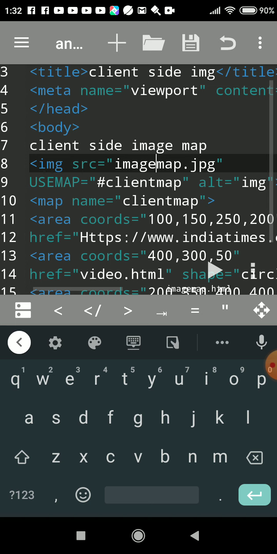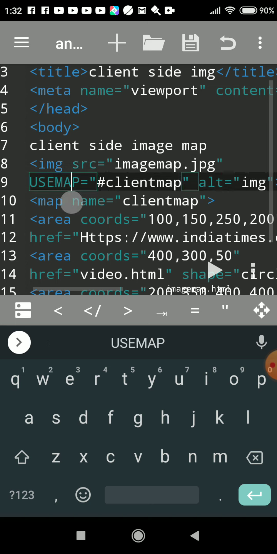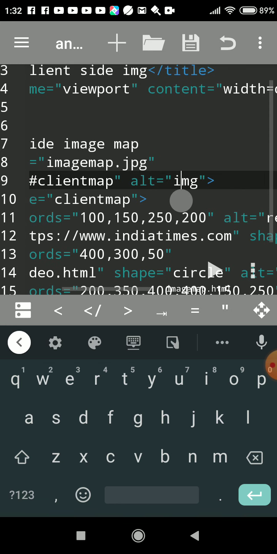To indicate that this image is an image map, you have to use the attribute usemap. By using this attribute usemap, it says that your image is a client side image map, and you have to give any name to that. You have to precede it by a hash sign, and alt means alternate text for that image.